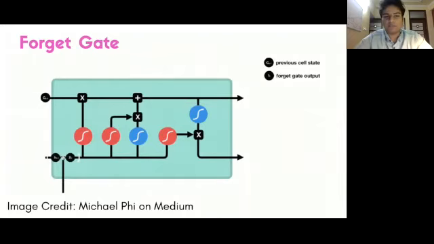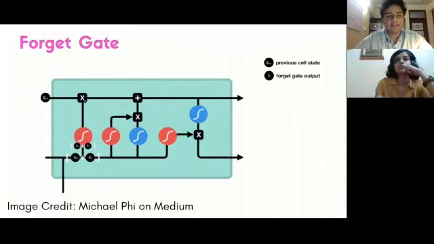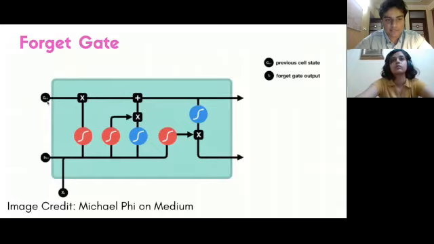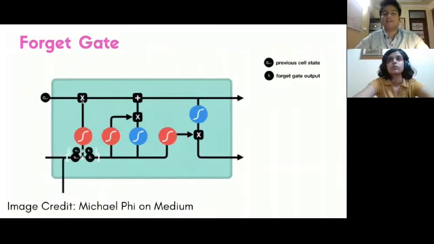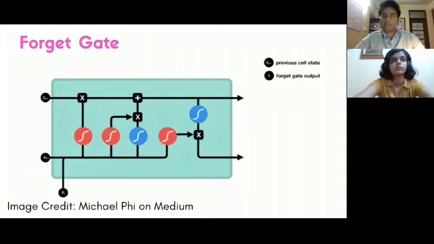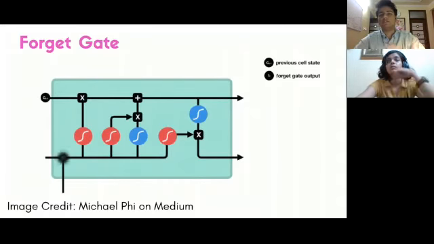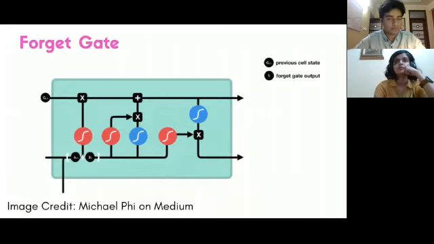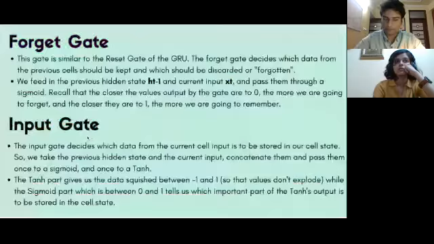And once we've got this value for the forget gate, once again, recall that the sigmoid gives us a value between 0 and 1. So we multiply this value by the cell state from the previous cell, ct minus 1. And from that, what we're doing is taking the cell state and retaining only the useful information from it. And how much useful information should we retain? That's decided by this guy right here, the forget gate.